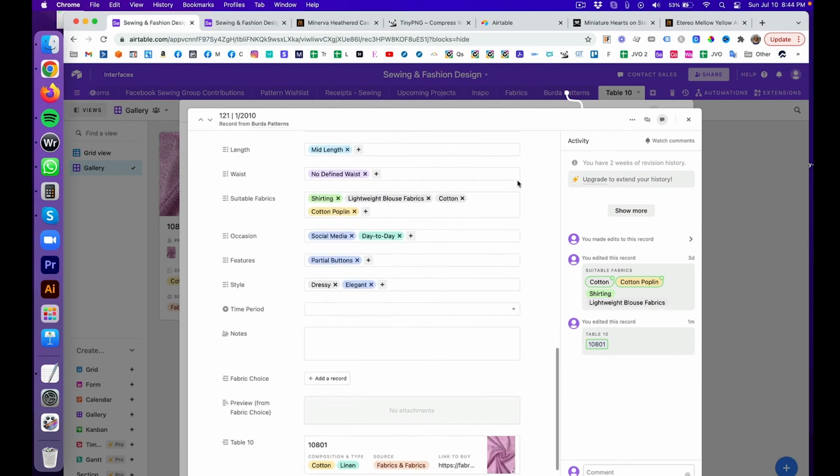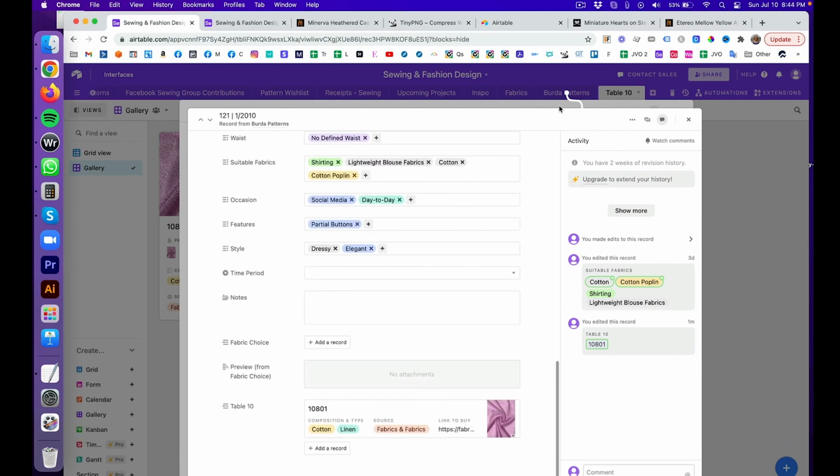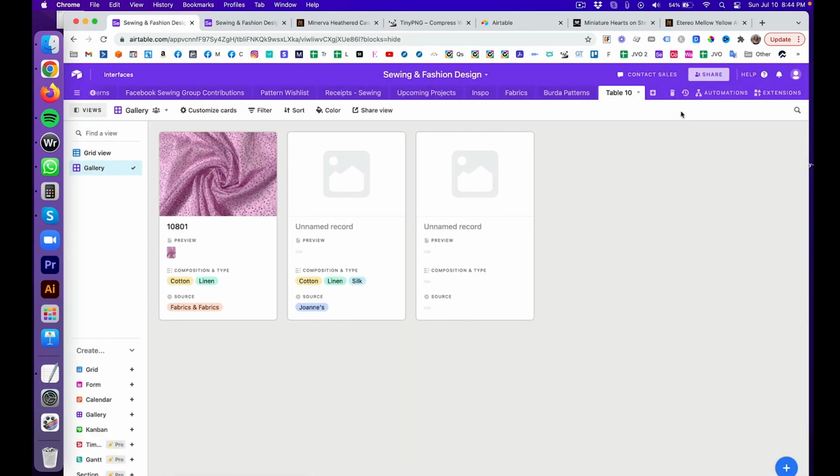Does that make sense? And then vice versa, if I were to go into that pattern table and pull that record, it shows which fabric is assigned to that particular pattern. And so this is great for planning as well as for keeping track of past projects, because let's say you remember a fabric or a pattern that you made at some point, you have this dress or you made something for your kids, and oh yeah, which pattern was that again? Well, it's going to be super easy to find because you can just go into your